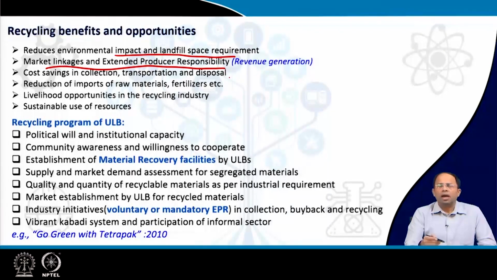For example, a bottling plant for some soft drink may take back the aluminum cans, and may also give some incentives for the consumers to return those aluminum cans. Same goes for glass bottles, same goes for plastic bottles, and so on, right? Or PET bottles. So some amount of revenue generation is also involved in this, right? That means the consumer gets a certain amount of revenue, and that actually makes sure that they will recycle.